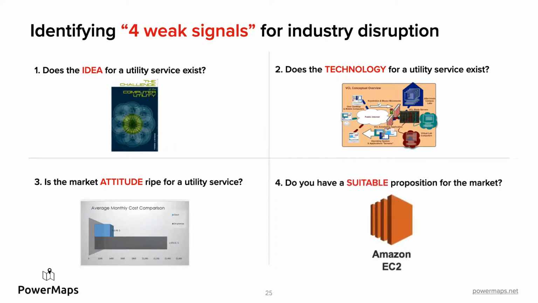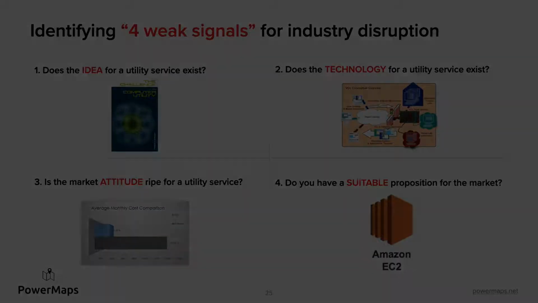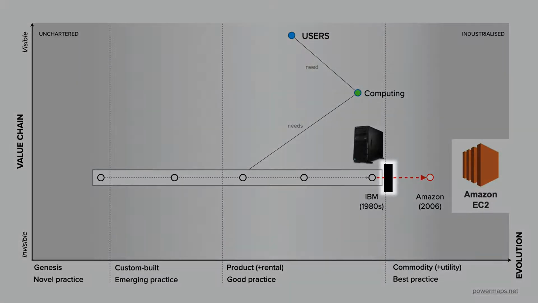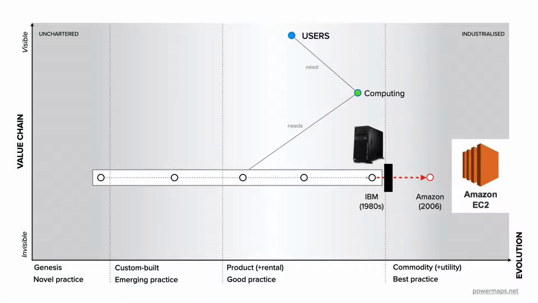And finally, there has to be a suitable offering that brings all of this together in a way that customers can understand and trust. Amazon was able to test this on themselves first, as they were huge users of computing processing power because of their online store. If they could meet their own needs, they knew they had something that would satisfy the wider market as well. And that's why Amazon was the first to provide computing as a utility service. IBM was stuck behind their inertia barriers, making too much money selling servers in a growing market. This made them blind to the changing customer attitudes.